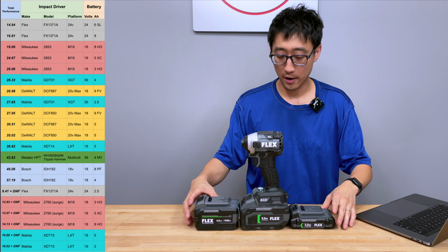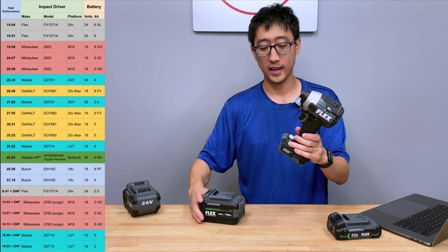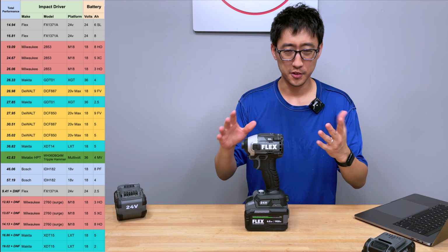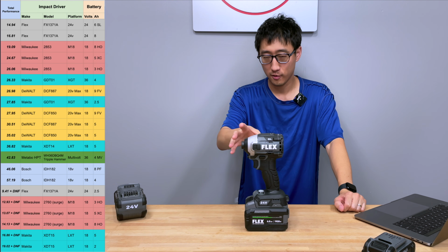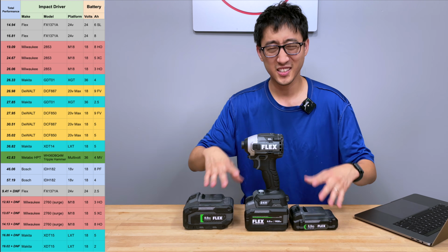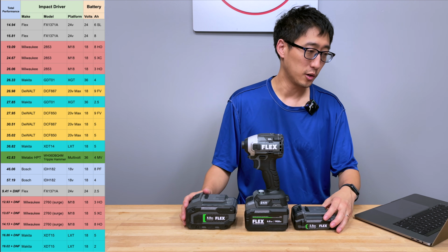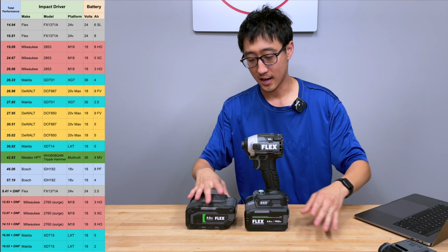So the other thing to point out here is that this combination, if you buy it right now with this tool and this, I believe it was like 30 bucks off, somewhere around 280, right? It comes with a charger and a case, but roughly around 280. And with some of the promotion stuff going on right now, you could probably get like 20 bucks off or something like that. But let's just say it comes out to around 250-ish. You could probably get a $20 off coupon and try to get it for a little bit less. But the point is, you're going to have to figure out,